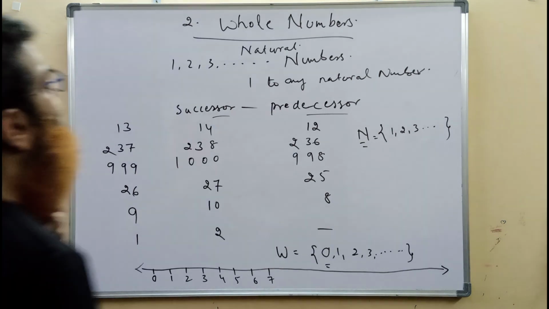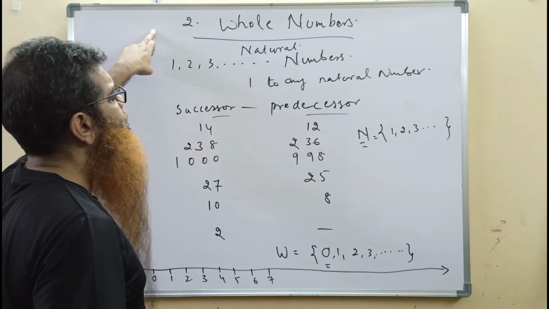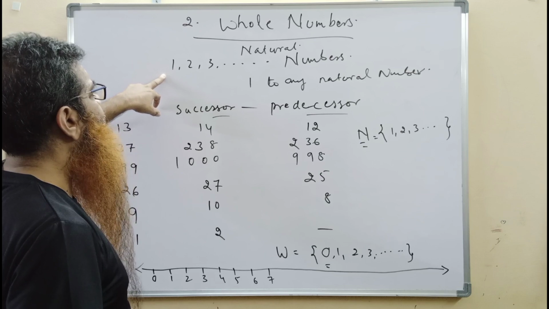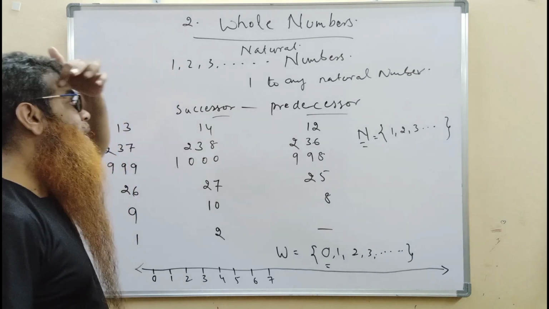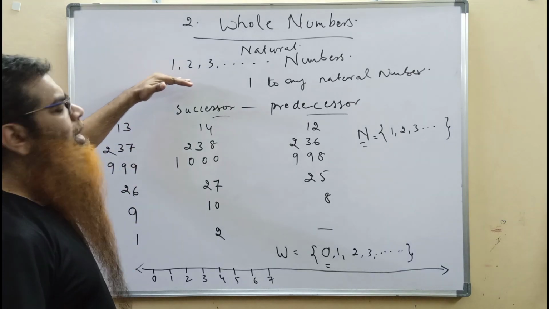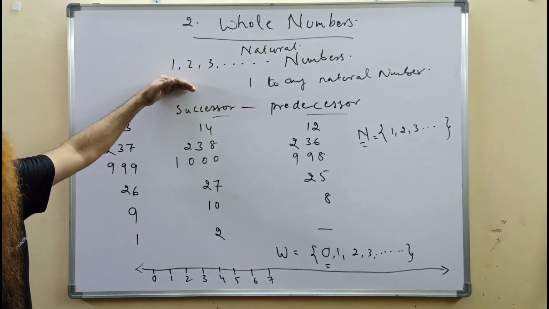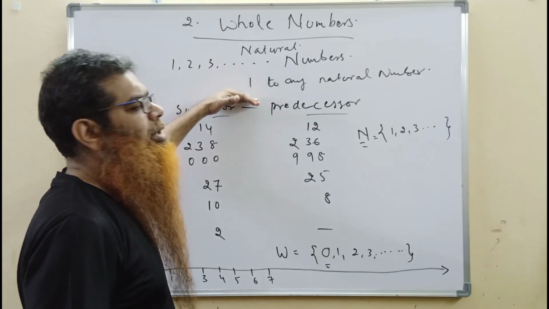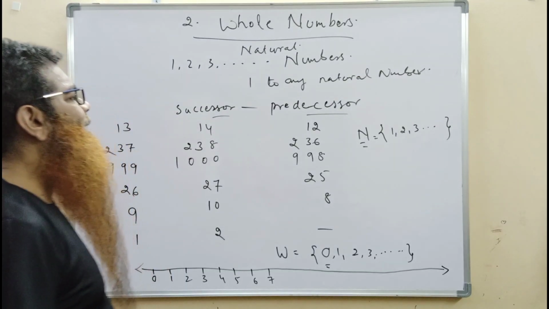So we have embarked upon a new topic called whole numbers. To learn whole numbers, we need to revise our memories, and first we need to go back to the basics. We need to understand what numbers are and what natural numbers are. What are the numbers we learn initially, when a child starts learning? They learn 1, 2, 3, 4, 10, 20, whatever they learn. And these numbers are called natural numbers because they are learned naturally.